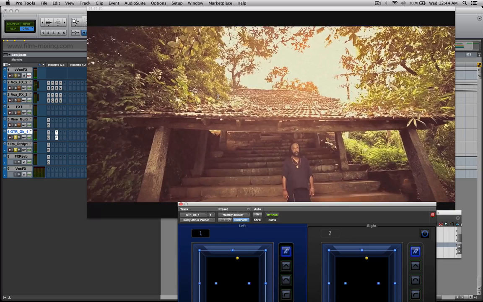So you can see that. So again, it's very important for you to realize, this is something that I've realized over time, that if I mix to a big screen, there's a lot of difference that happens to the way I pan compared to the way if I mix onto a